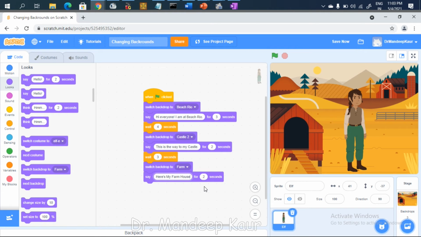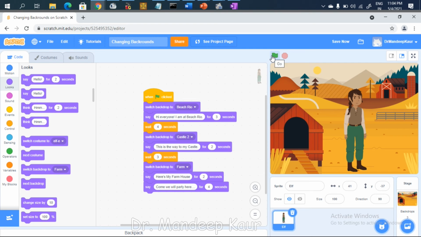This will be displayed for 2 seconds, and then I'll just say simple this. Come, we will party here. Fine, and this can be displayed for more than 4 seconds. So in this way, you can have a scene or a story with different backgrounds.